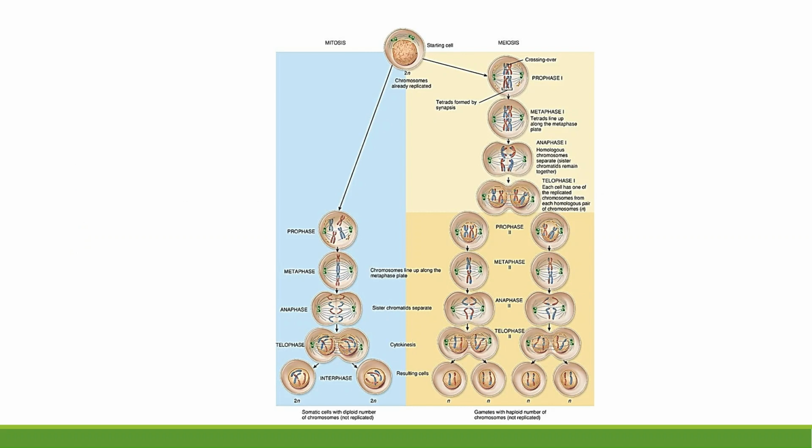I have placed this image here as just a refresher for many of you that can't remember the processes of mitosis and meiosis. This is a great review slide if you want to take some moment to look at it in more detail. In the blue or on the left side, it shows what mitosis looks like. There's one cycle in mitosis resulting in two cells. Each one of those cells has half the amount of chromosomes found in the original cell, whereas in meiosis, there's two cycles here, meiosis 1 and meiosis 2, resulting in 4 cells that are again haploid